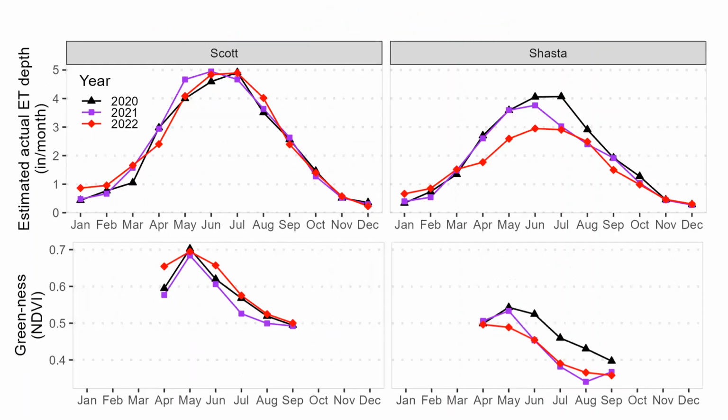Here's drilling into just the Shasta and Scott for just the last 3 years, just to make it easier to digest the data on a seasonal time series. So each year is a different color of line. So you see in Scott, they're all relatively close together, whereas in Shasta, the black line is